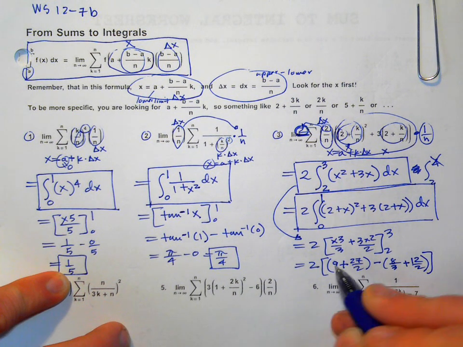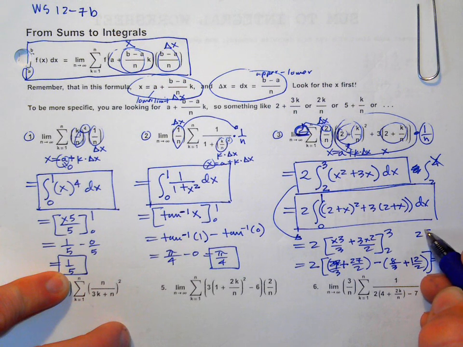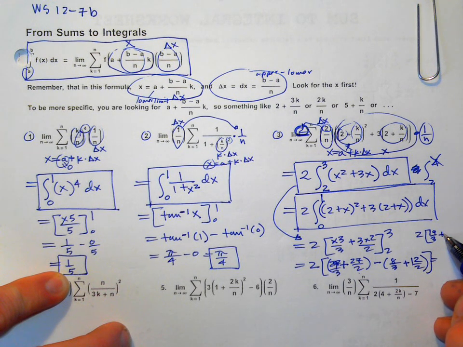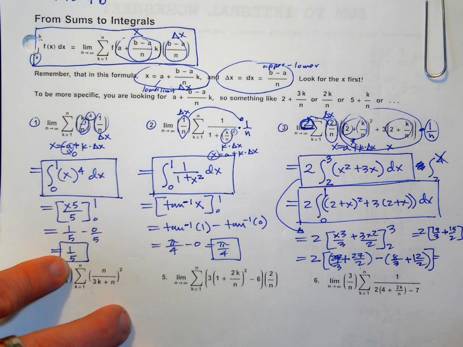It might have been better to leave this as 27 thirds, because then 27 thirds minus 8 thirds is 19 thirds. And then you have plus 27 halves minus 12 halves, which is plus 15 halves. And then we'd have to find least common denominators and stuff for that. So